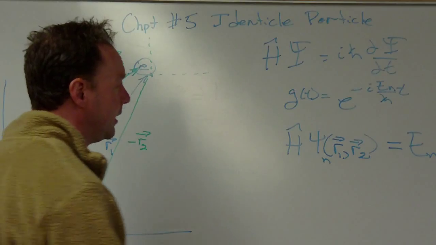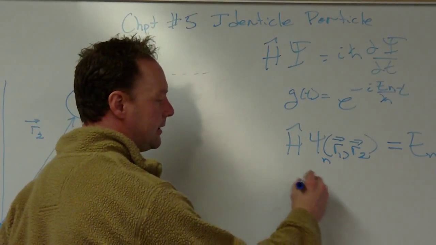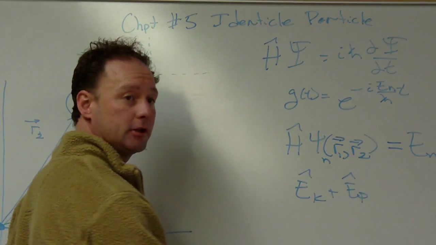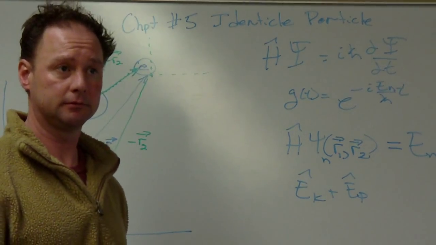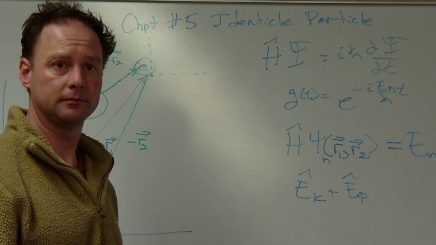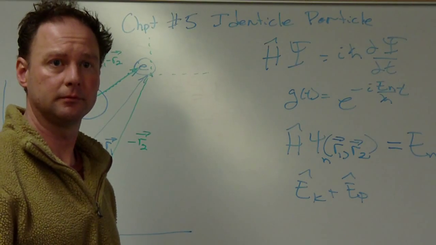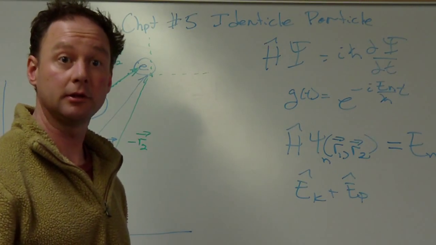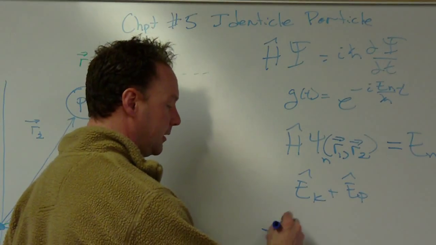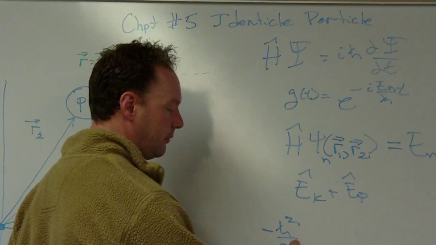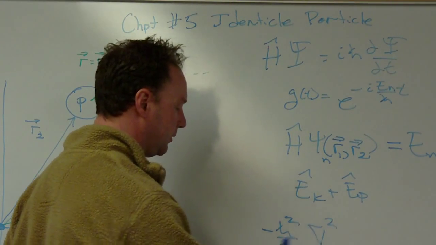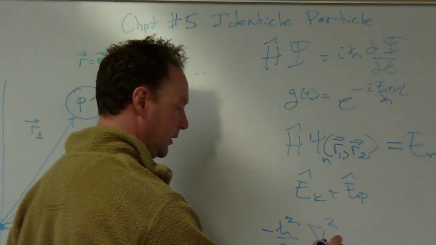So let's write it down. There's going to be kinetic and potential energy operators. What's the kinetic energy going to be? I have 2 particles, so minus h-bar squared over 2m for each one. Don't forget the 2 different masses though. So it's going to be minus h-bar squared over 2 times the mass of the proton times del squared, and the proton I said was particle 2, del 2,